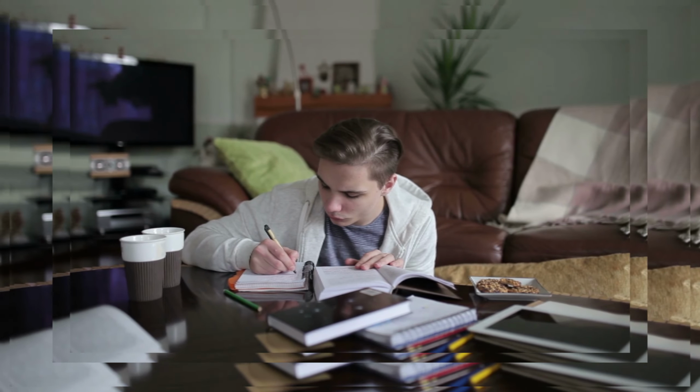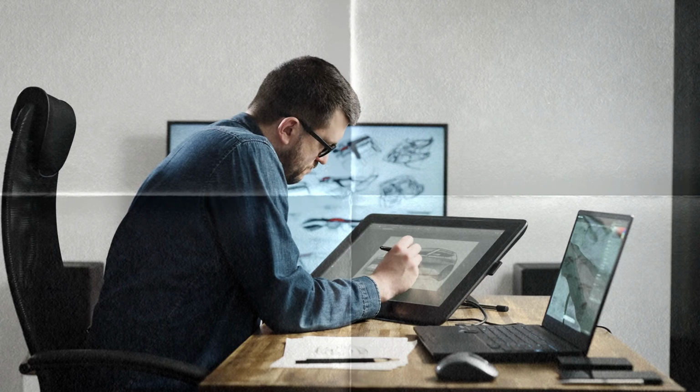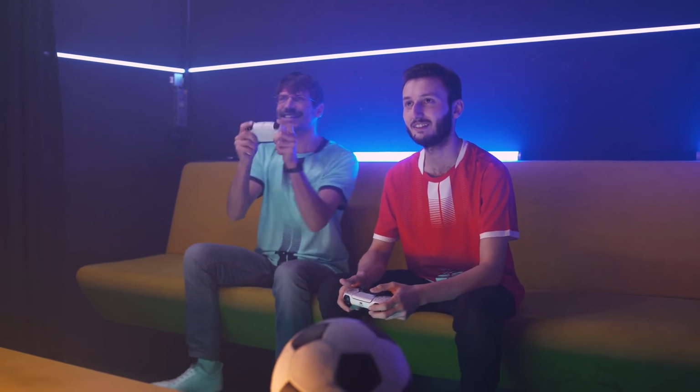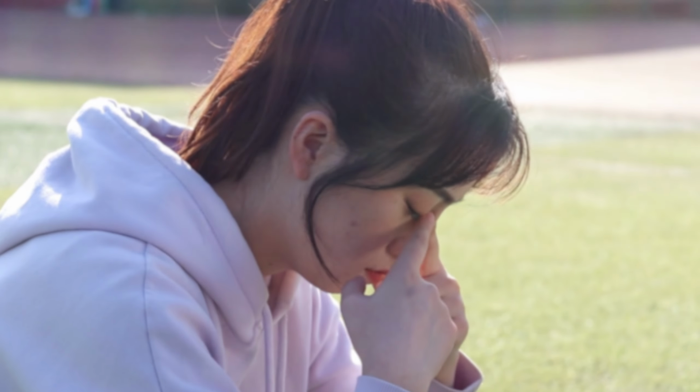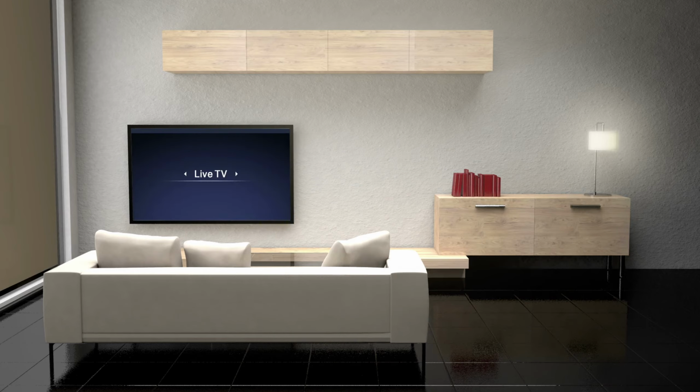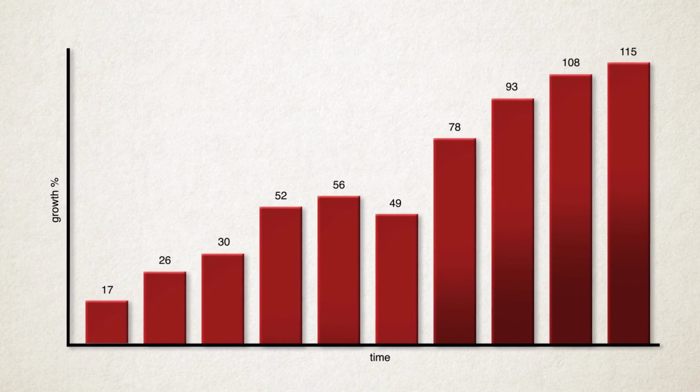Whether you're a student juggling assignments, a professional managing multiple projects, or a creative trying to capture your ideas, the struggle to stay organized and focused is real. We often find ourselves overwhelmed, leading to stress and missed opportunities. So how can we streamline our workflow and regain control over our time and tasks? The goal is simple: to enhance productivity and clarity in our daily lives, allowing us to focus on what truly